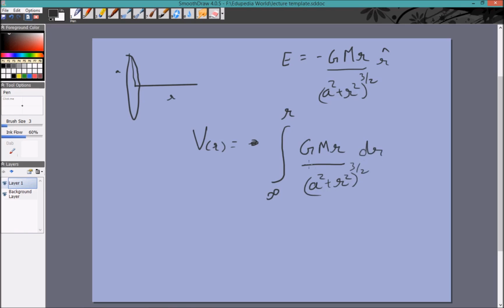You know how to solve these. For simplicity, I'll just multiply it by 2 and divide by 2. So the derivative of a squared plus r squared will be 2r. So I can take a squared plus r squared to be t, then dt by dr will simply be 2r. So 2r dr will be dt. So this will be the integral from infinity to